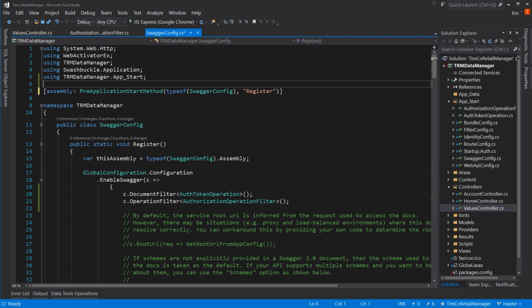Now, I would contend you'd always want it to be on somewhere because your customers, or whoever is consuming your API, even if it's you, can take the Swagger configuration and run it through some different tools to create some really cool stuff. One of the things that the Swagger UI can do is generate your code for you to call the API. So